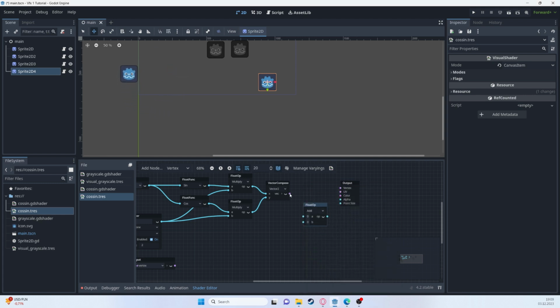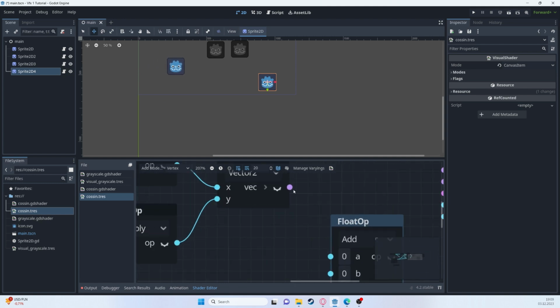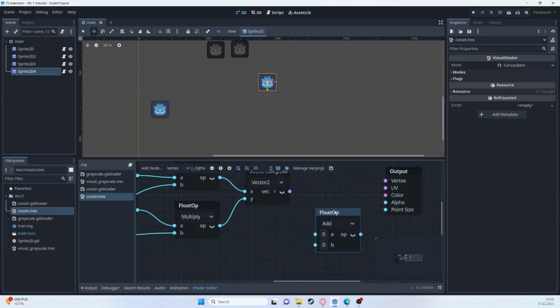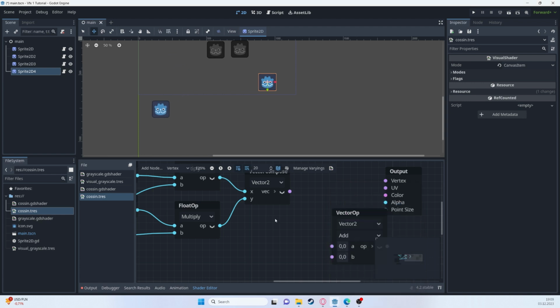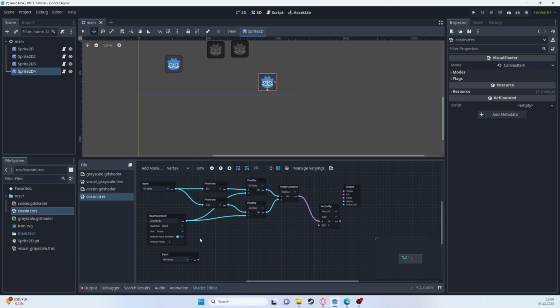Float operation. But taking a look at the color, this is blue, which means float. This is pinkish, which means vector. So I have to use the vector operator. And here we have the vector2 operator. So now if I add this and this to vertex,